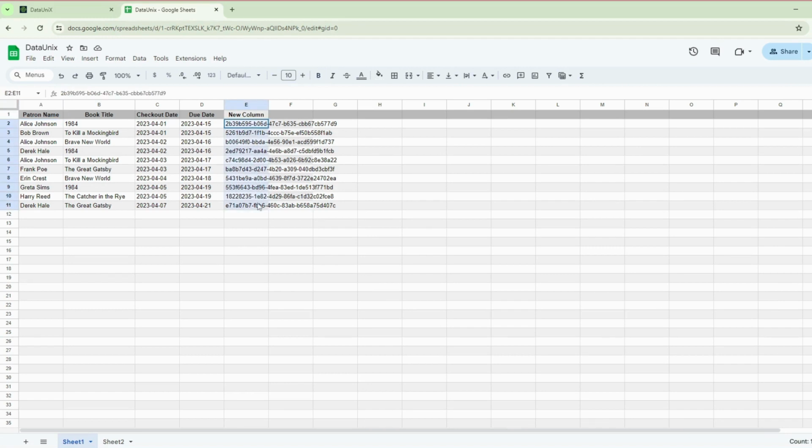By following these simple steps, you can seamlessly add unique identifiers to your Google Sheets, enhancing organization and clarity in